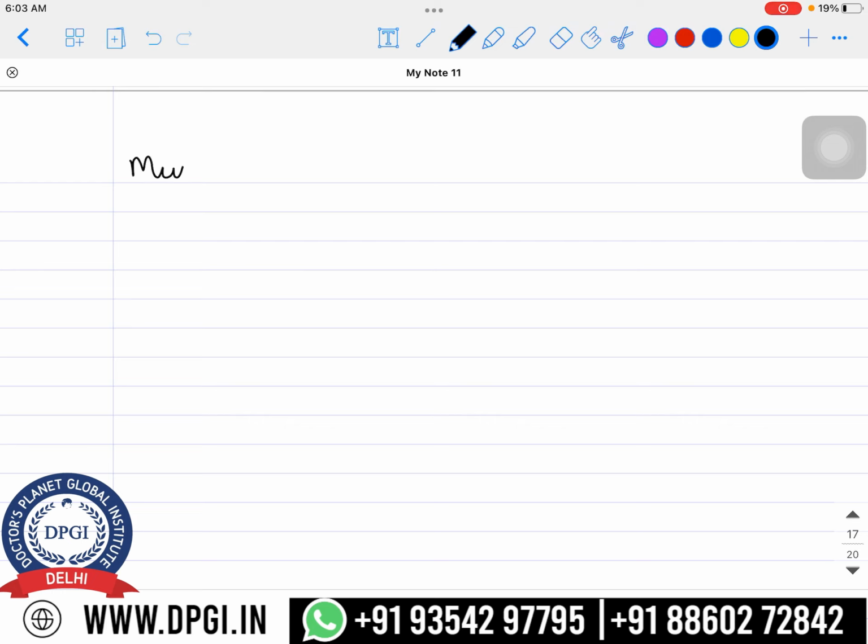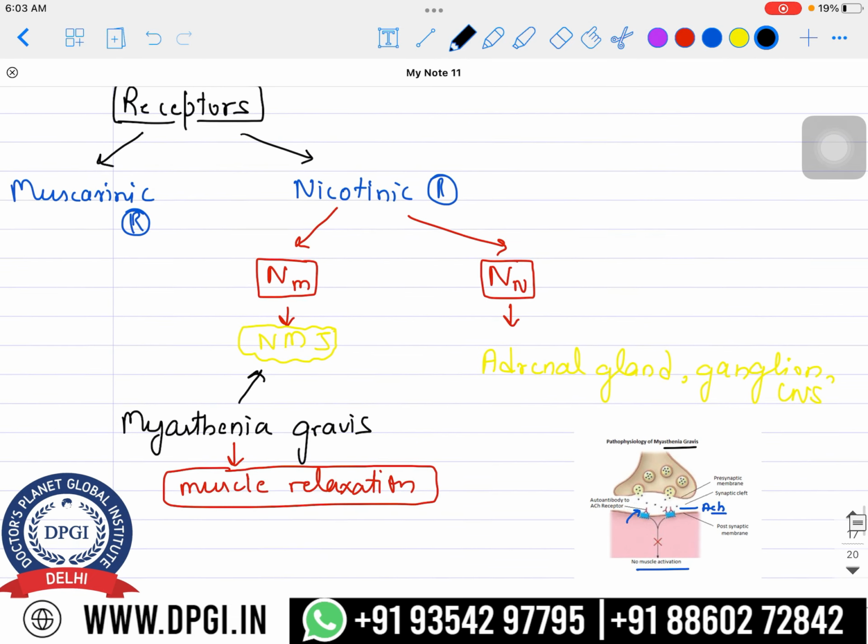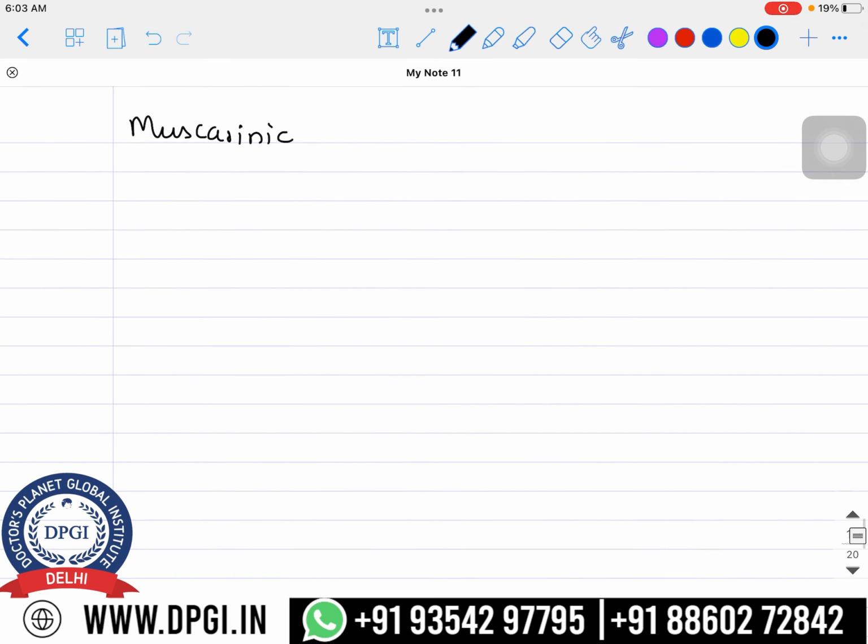So we are moving on to the receptors as far as the muscarinic system is concerned, because we have several receptors. We have talked about the neuroneuronal and neuromuscular ones; we are done with the nicotinic one. I'm just focusing on the muscarinic now, and many questions have been targeted as far as locations are concerned over here. So let's talk about them.